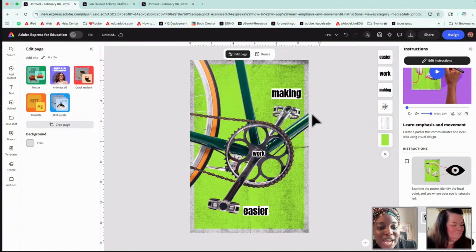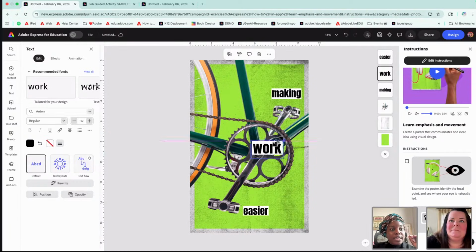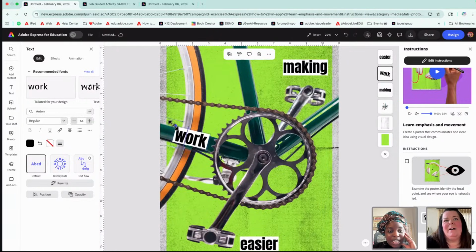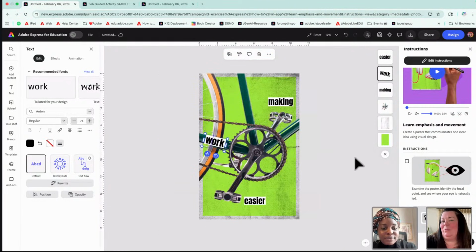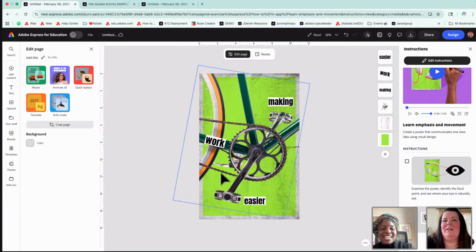All right, what are your suggestions? You can give them to us in the chat for what else to add, or even color choices in this picture, any placement, layers, any ideas that come to mind. Something else that we can do here, Anne, is give the word work more contrast. It can be a little hidden in those spokes and those gears right there. So I would play around with this probably for a while. Yeah, look at that. I kind of think it's almost hidden. I don't want to lose it in there, but it could play off of